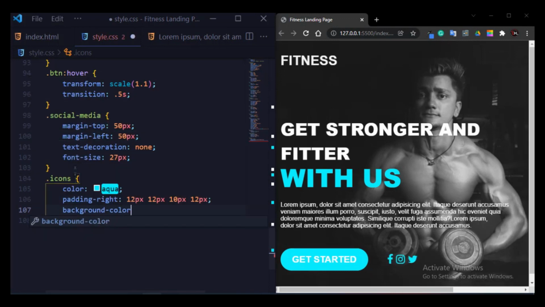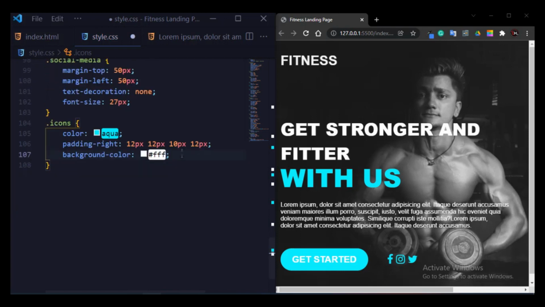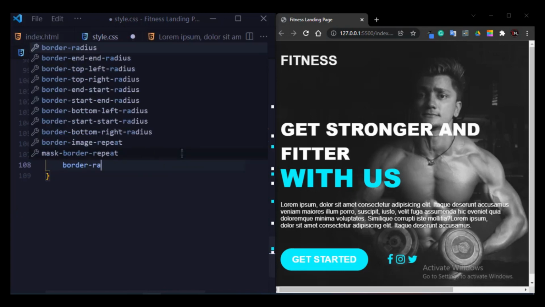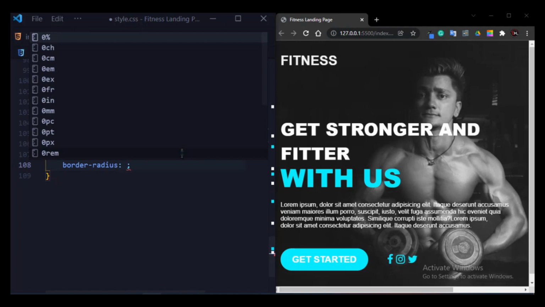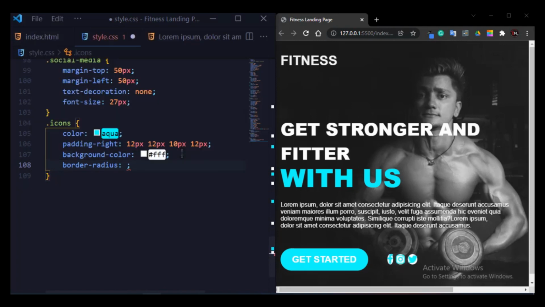So I will write here background color hashtag FF means white, and give some border radius so it looks more attractive. So I will write here 50%. So you can see the output here. Oops, sorry, here I have to write only padding. So now you can see the output here. Now it looks attractive.